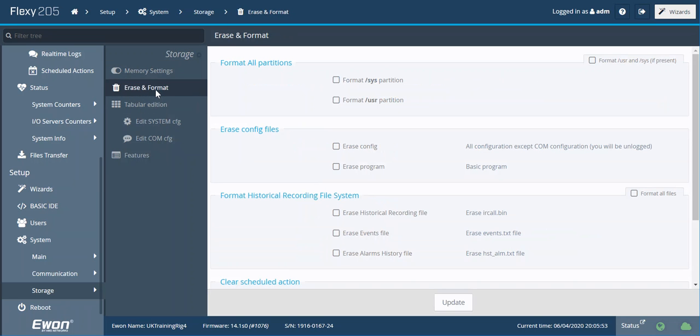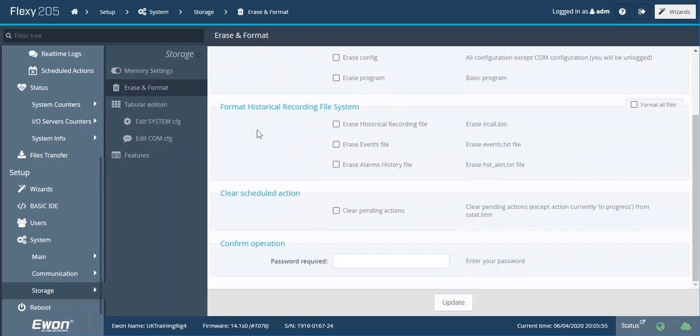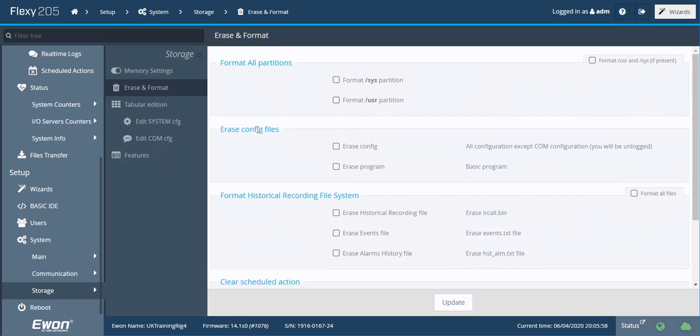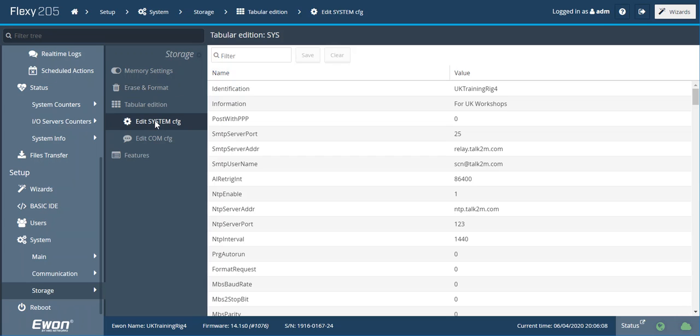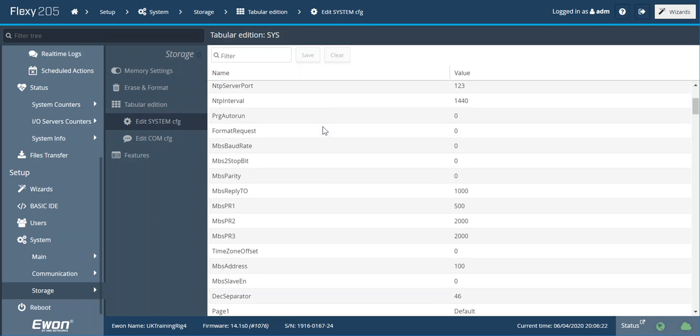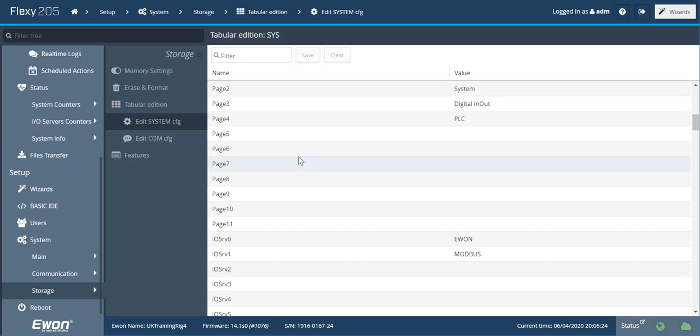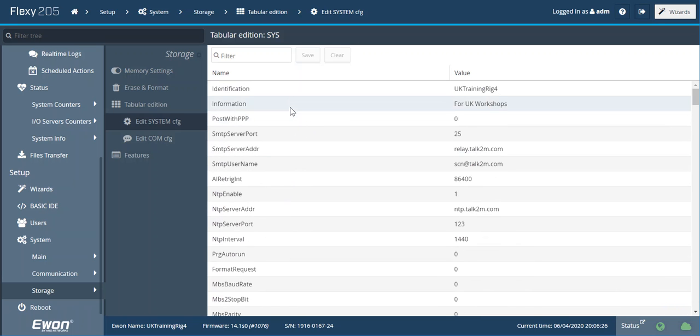We can also erase all or part of the file system and the memory as we've stored it within this section here. And we also come across an extra section here about editing our configuration. So if you're an old school Ewon user, then you may have already had some introduction to the system and the communication configuration pages. This is another way of configuring and setting up, and all of the possible